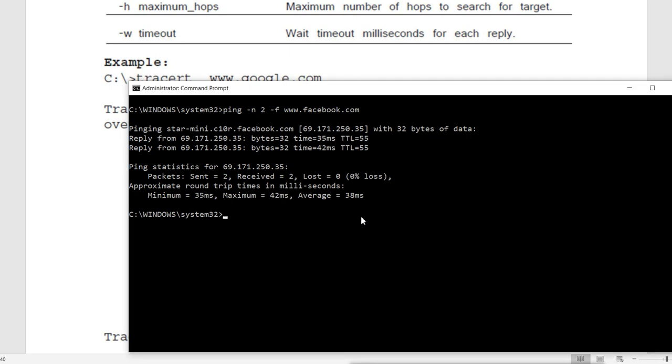Now remember, whenever we ping any machine, our machine sends the echo request, and it sends it with a TTL value. Now what does TTL value mean? It is the time to live value. Time to live value means how many hops it can cross. That means how many routers this packet can cross. If this value goes to 0, then the packet will not go forward and it will be dropped. So your packet will not go ahead if the TTL value becomes 0. Now how does it become 0?